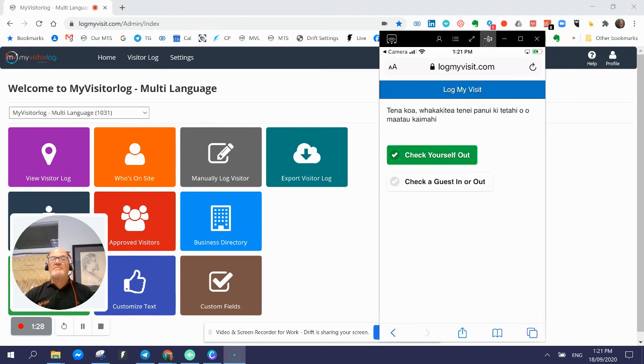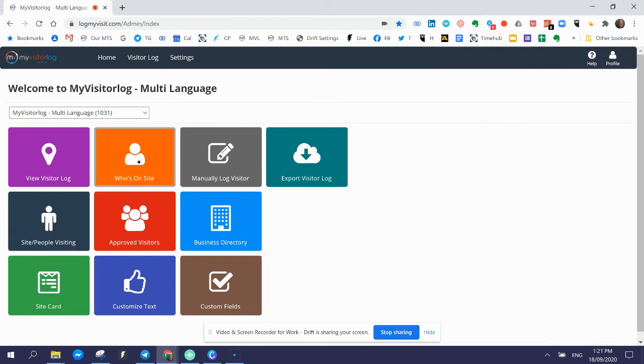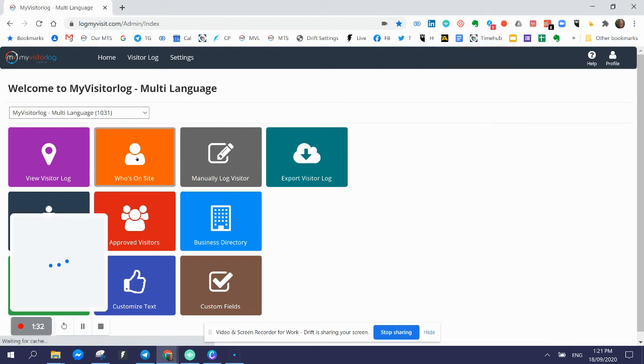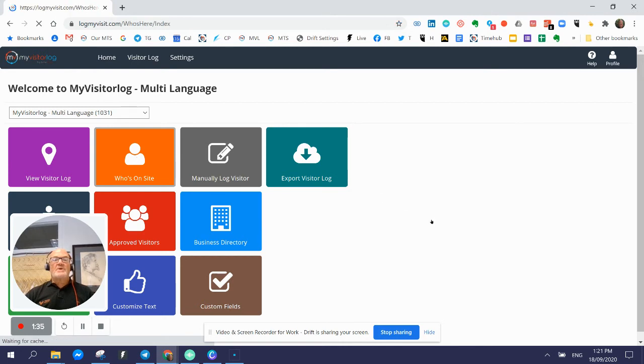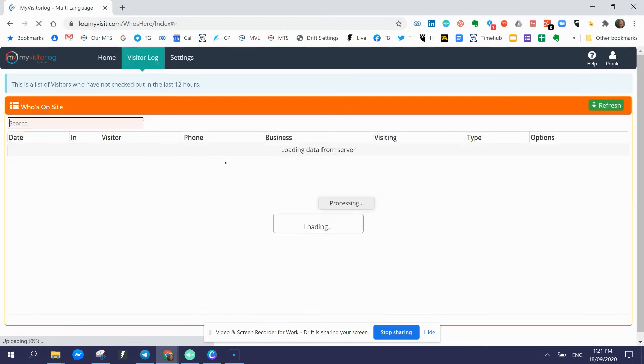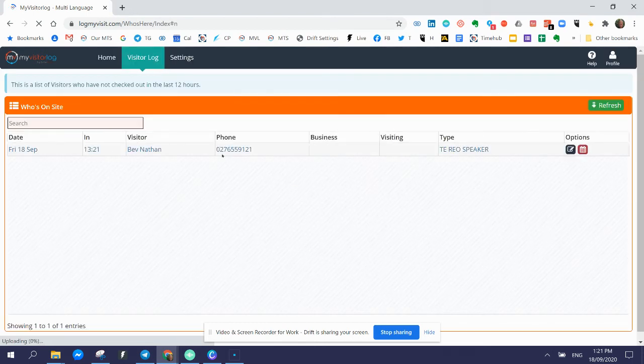But if I just jump out of there for a second, I can then very quickly go into the management portal here where I can see who's currently on site. And again, this will show me who's currently checked into my location. And if I come in here, I can see that Bev is checked in. If I drill into the record, I can also see the answers to those questions that we've asked the visitor